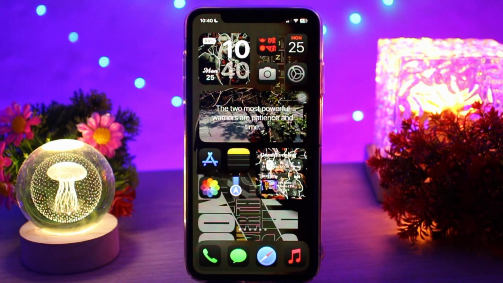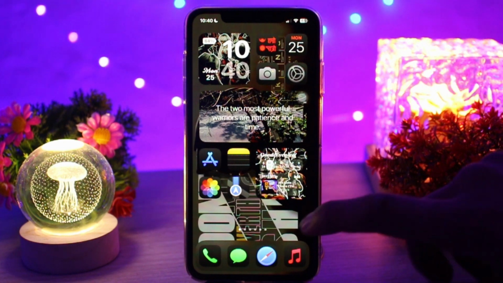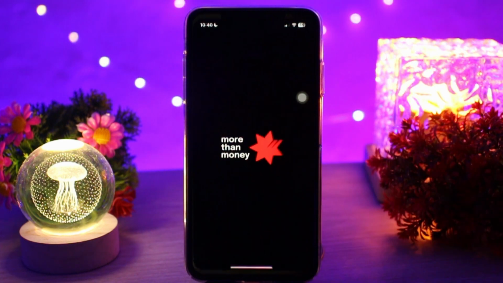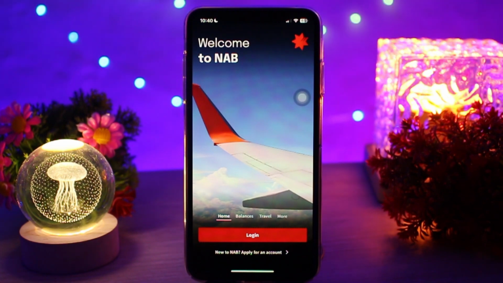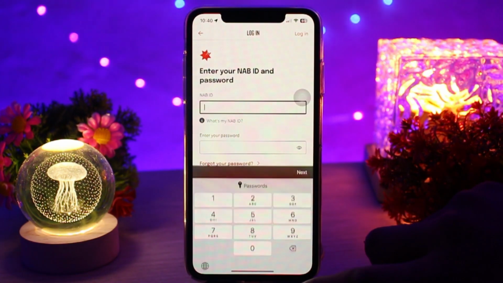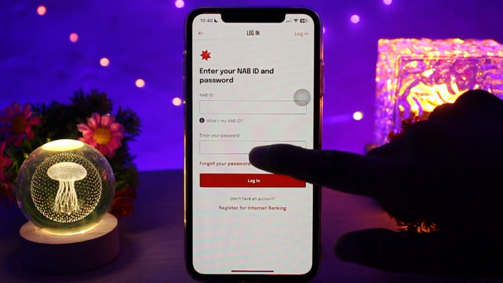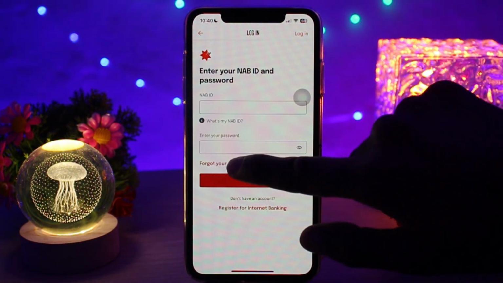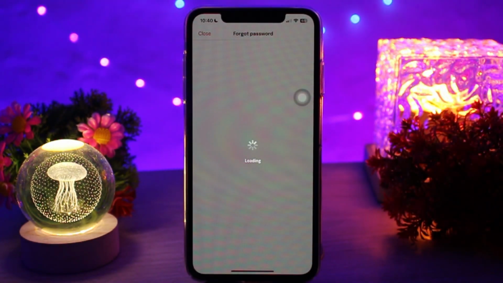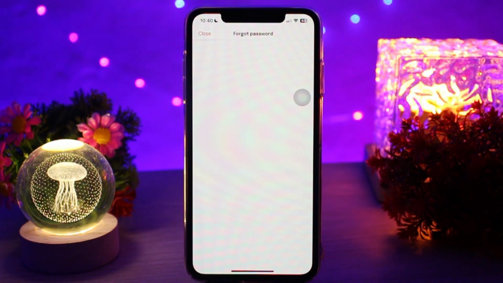If you're logged out of NAB internet banking, then what you can do is simply head over and open up your NAB banking app and be sure to be logged into your account. If not logged in, then simply tap on the login option, and at the bottom of your enter password box you'll find the option that says forgot your password. Simply tap on that, and once you're inside here, what you need to do is follow the on-screen prompts to